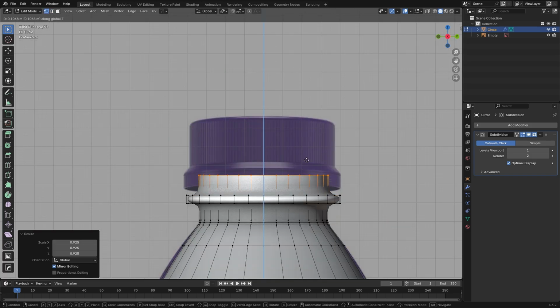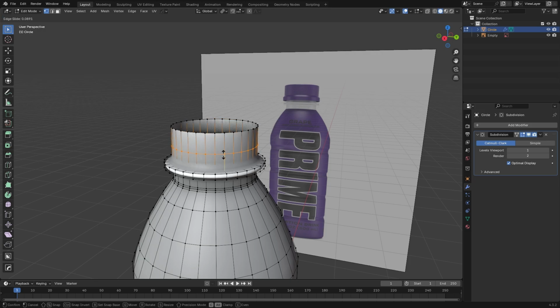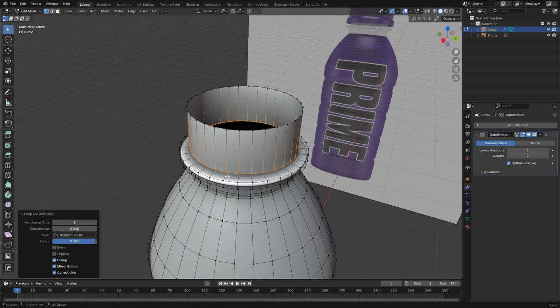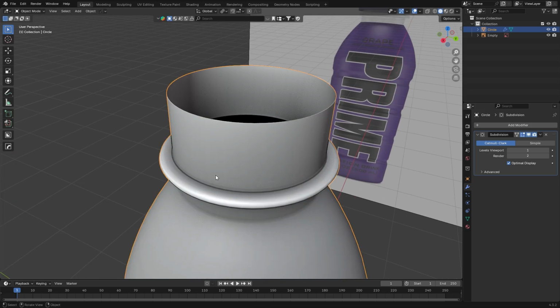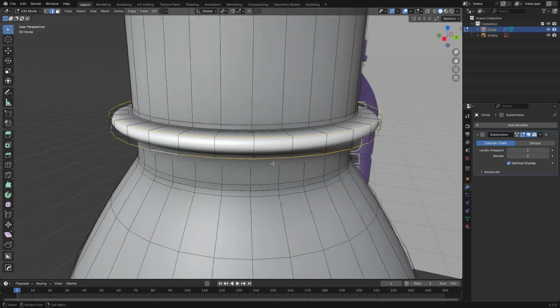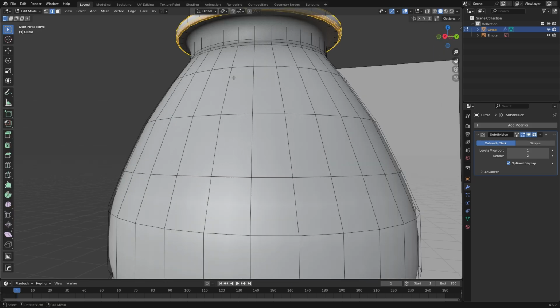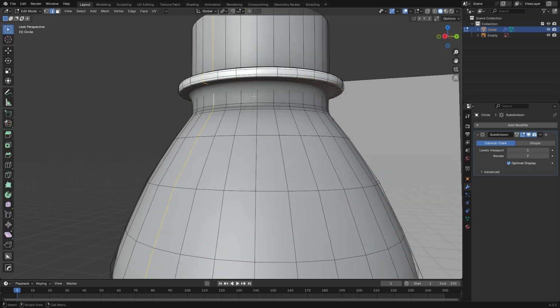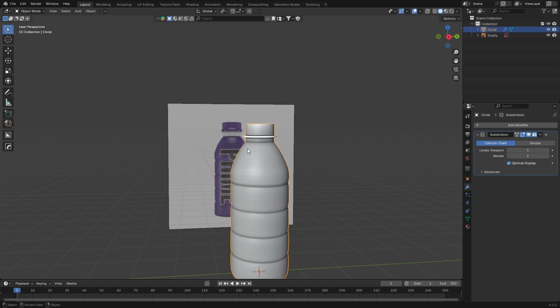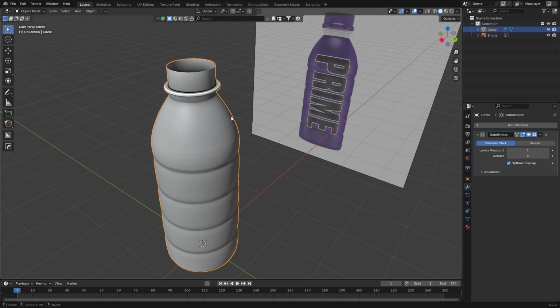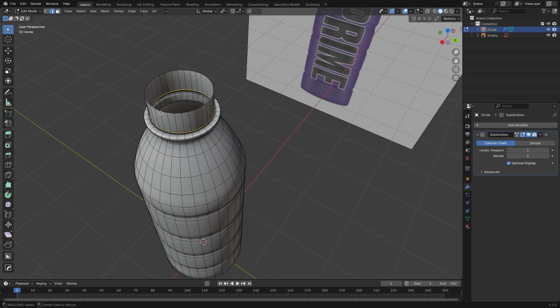Now, extrude up here. And now, you're just going to add supporting loop cuts over here, just to make these edges sharper. And also bevel these edges like this to make it sharper. And this down part as well. Not this. Now, since this is a plastic bottle, it's not glass, so we don't need to do the inside